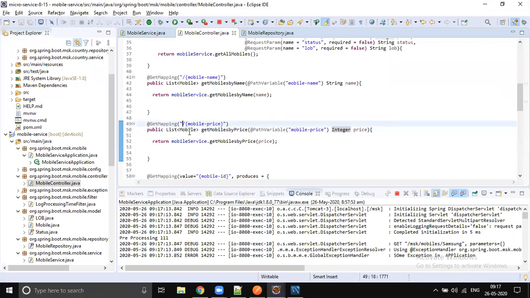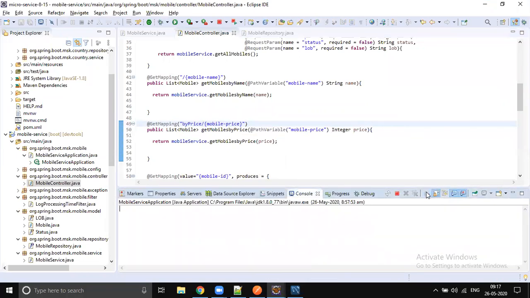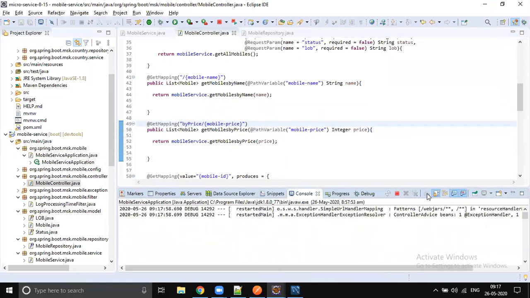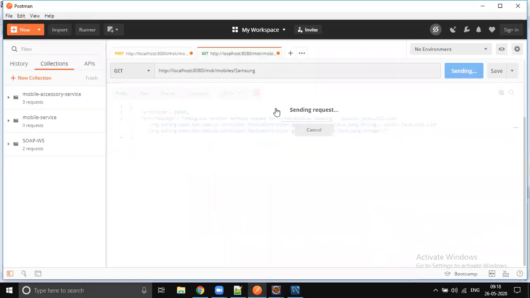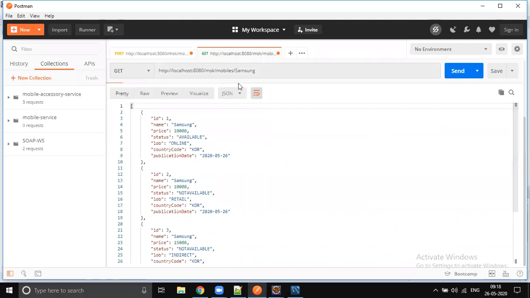So we should change the URL pattern, right? Something like by price, you should add. So while you are calling the price, you should change it like by price, and you pass the price. So by price and pass 10,000.